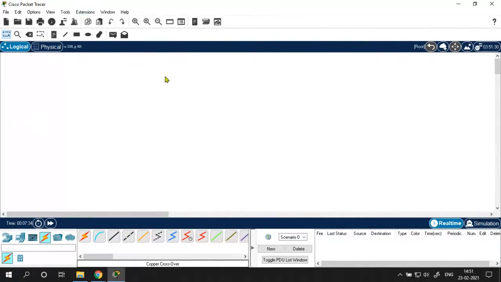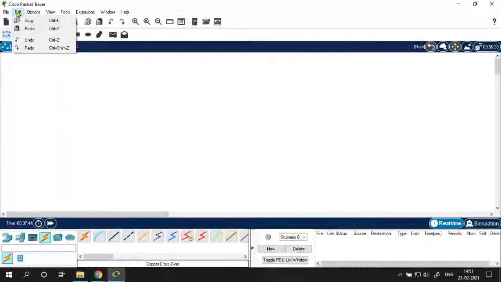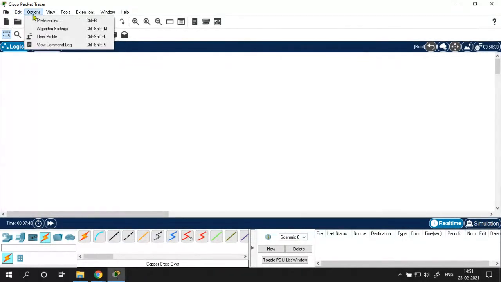At the top there is the file menu. You can open or you can create a new workspace. The same menu you all know, just explore it. In edit, you can do copy and paste, and you can set various preferences, right? Below the file menu there is the toolbar, where all the important commands are.